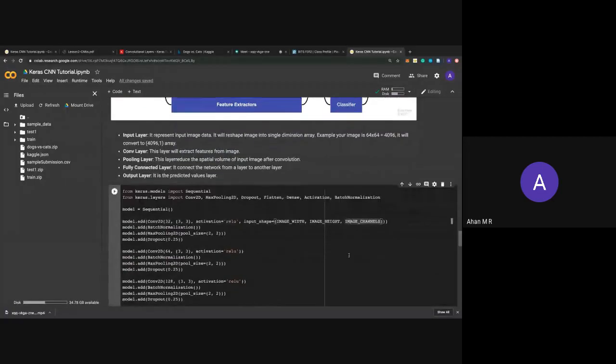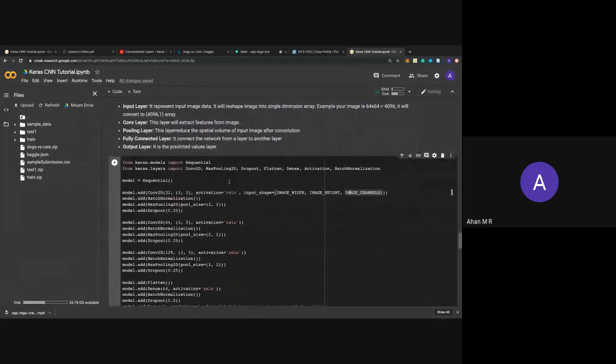So here, this is approximately how our architecture will look. We call the sequential class, and then we add a convolution layer, Convolution 2D, just as I mentioned in the slides. Add the batch normalization. If we don't add batch normalization, it's not really going to matter. It won't really harm your results. But to enhance your performance, sometimes it's better to add batch normalization, as I explained. It depends on the problem. There are places where batch normalization actually reduces the performance of your architecture, but those are edge cases. You don't really have to worry about it.